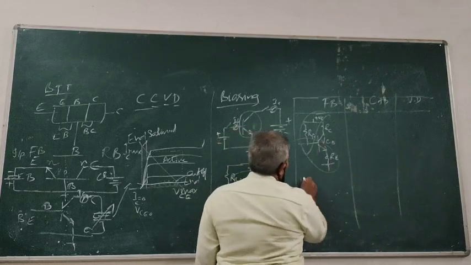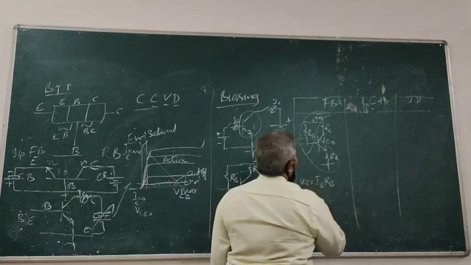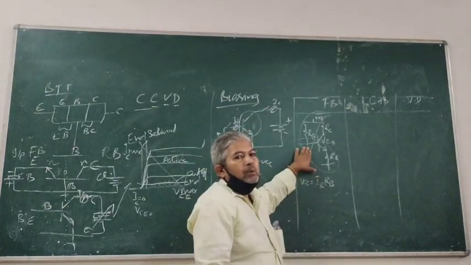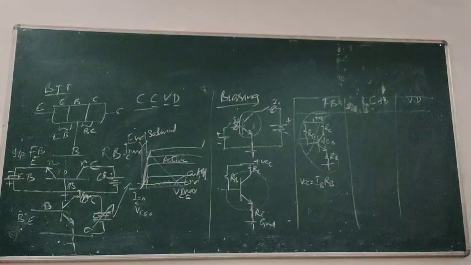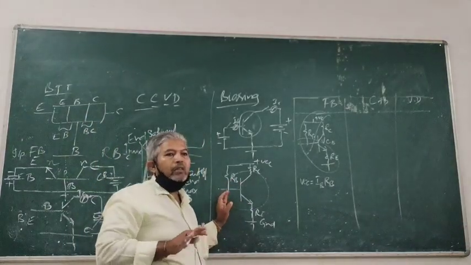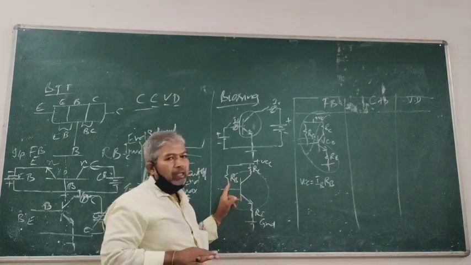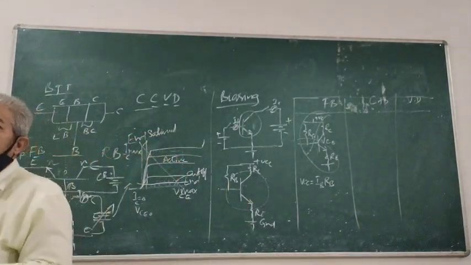So what happened? VCC is equal to IB RB, because there is no resistor here, the resistor is not appearing, it is open. Open means it is open to the air. The air is highly insulating, that means the resistance is infinite. That's why no current is passing from the ground, and it is not balancing the current to pass to the base. Second thing, if any one of the components gets vanished or burns out, we have to completely change the design.